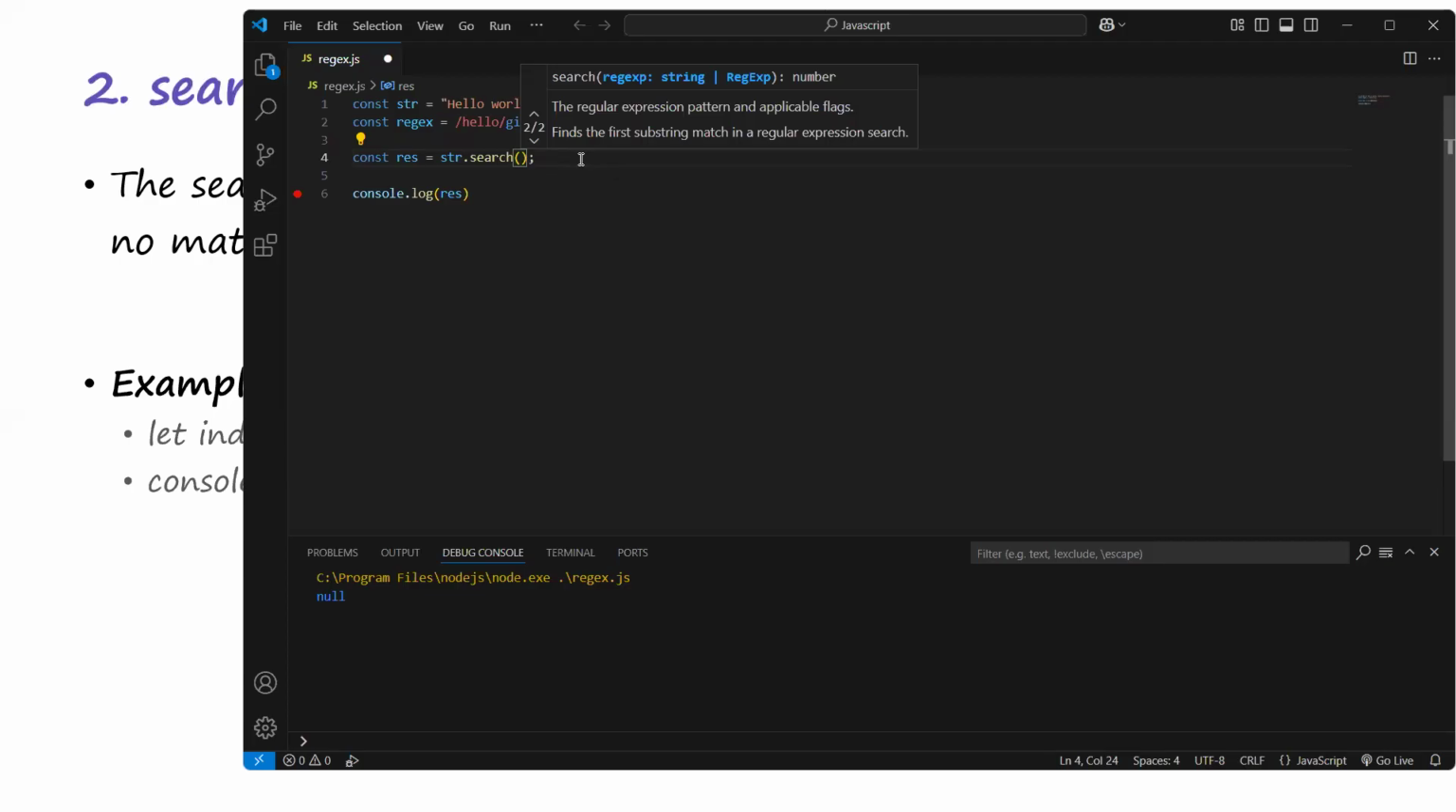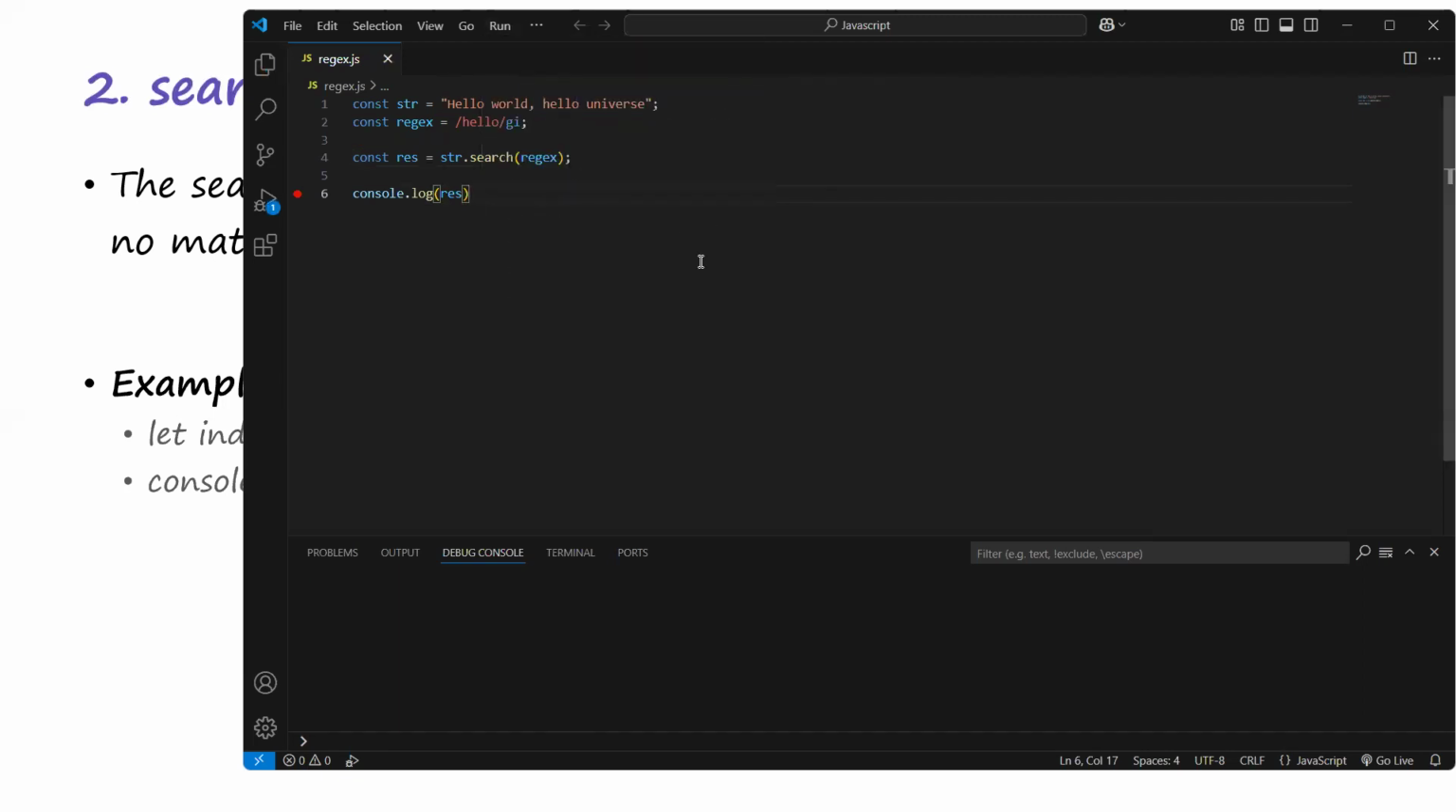So what do we want to look for? We are looking for this regular expression. And remember, because we said global and case insensitive, it's going to return the first one, because this hello would also match this one since we are saying case insensitive. So if I run it now, it will give us 0, because it got it at the first index. But in case we are not using the case insensitive flag,